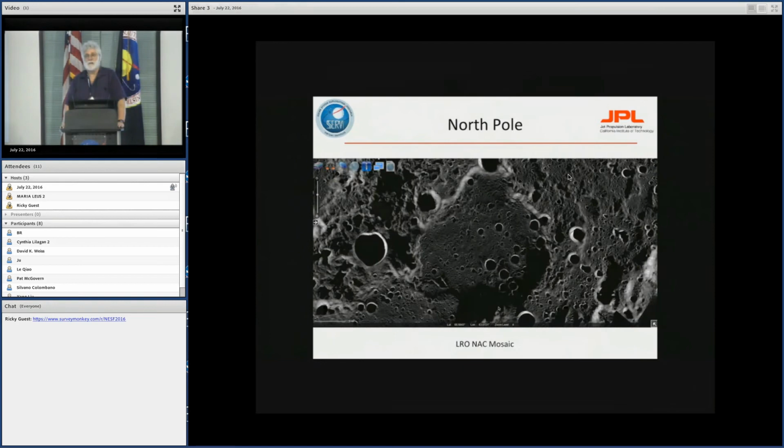A lot of activity now at the poles of the moon, a lot of interest. We had a very interesting workshop this past Sunday on the Resource Prospector mission. So of course we are focusing a lot of our interest on the poles. Here is a look at the North Polar region around